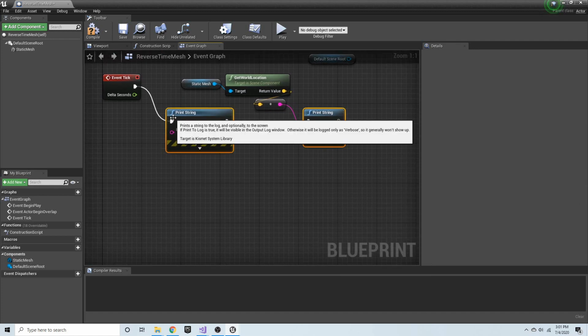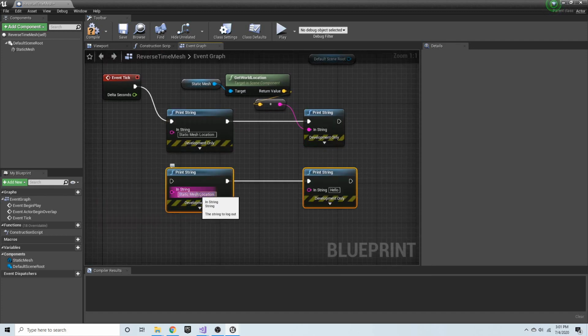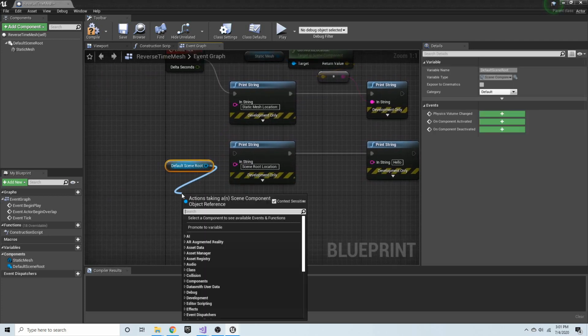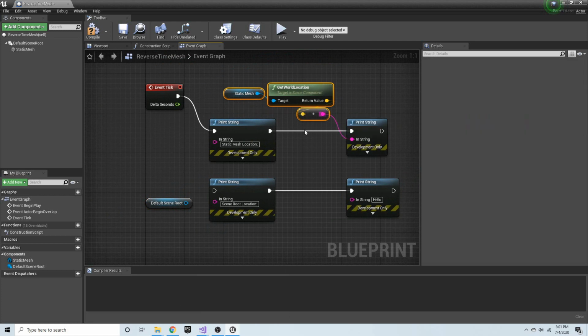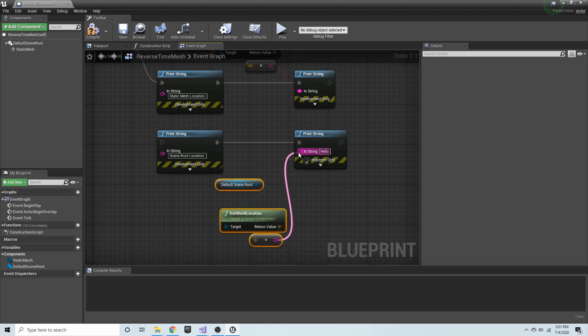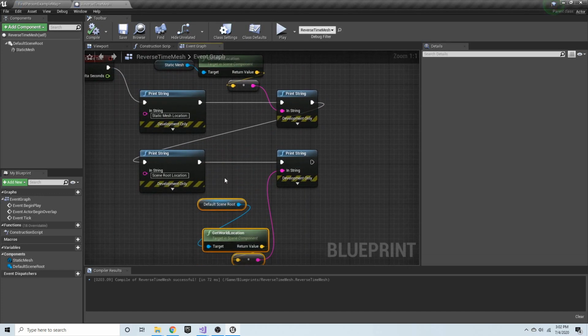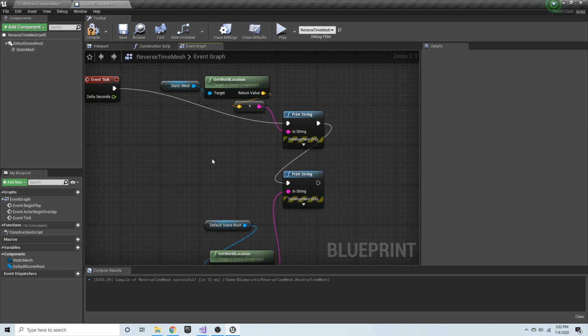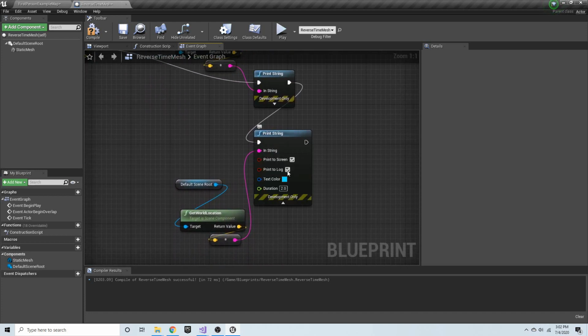Then after this, I'm going to call print string again, and for this one I'm going to say scene root location. For the scene component, I'm going to do the same thing. I'm just going to copy these here, and instead of static mesh, we're passing in the default scene root, and we're going to print this value in this print string here. And just to make this a little easier, instead of spamming with so many messages, why don't we just print these locations without the messages, and for the default scene root, we'll simply print that